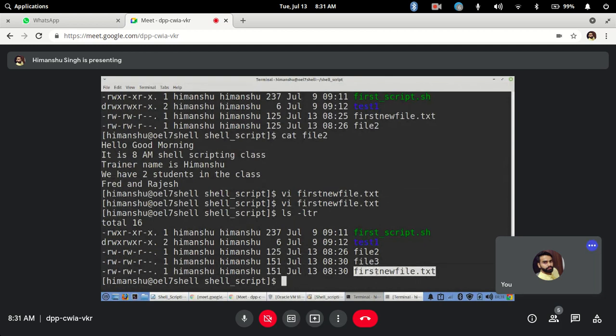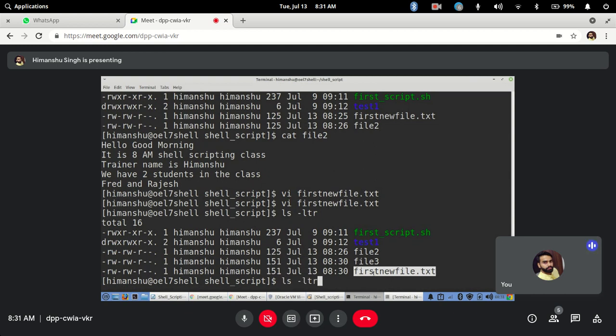It was saying you have not used an exclamation mark to override and close without saving. Getting it? So you have to save it. That's why earlier I did ZZ, so that it will save and then exit. File 3 has saved that content, but for the first file it also asks whether you want to save it or not. So it's up to you.